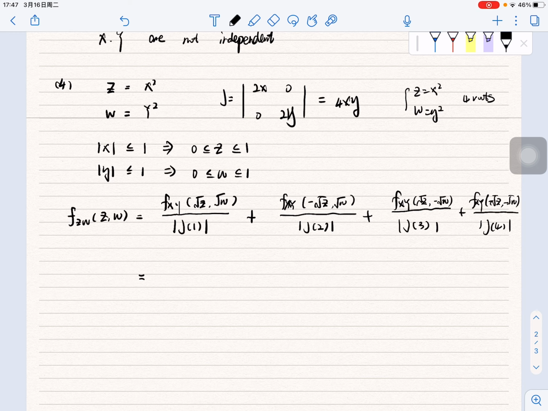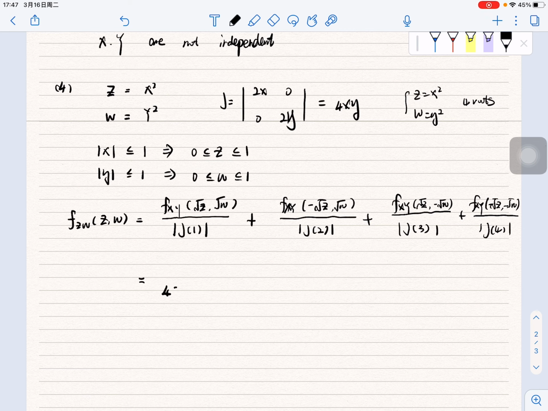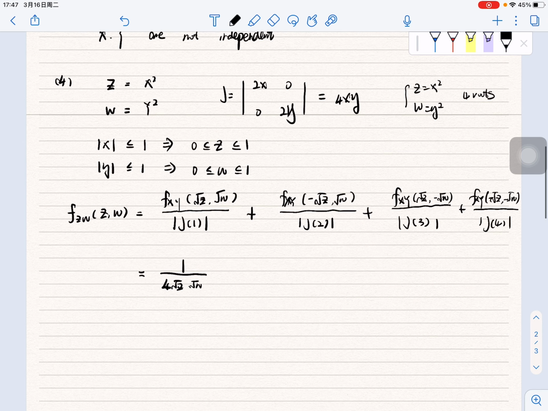And then we can calculate it. It is 4 root z root w. And this is the answer of J1, J2, J3, J4, and we can get them and calculate